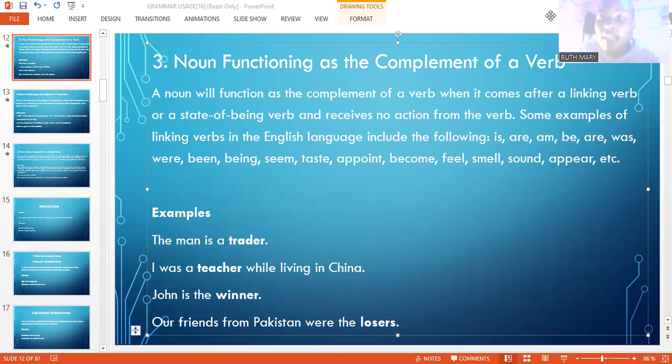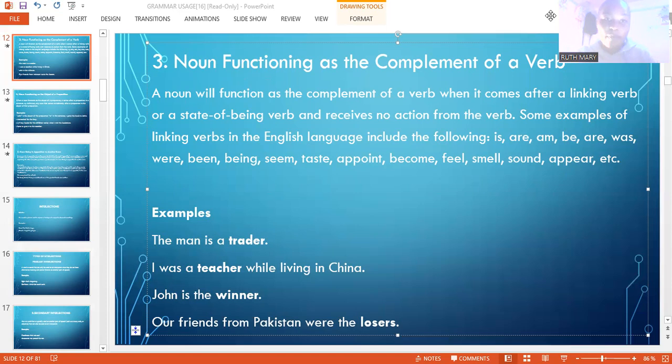Some examples of linking verbs in English include the following: is, are, be, am, was, were, been, being, seem, taste, appoint, become, feel, smell, sound, appear, and